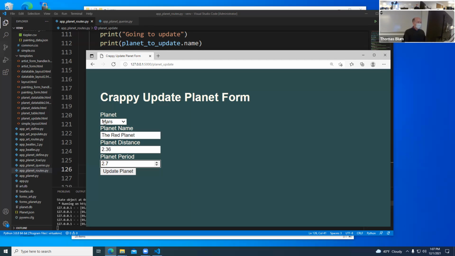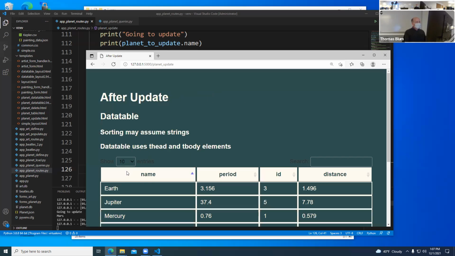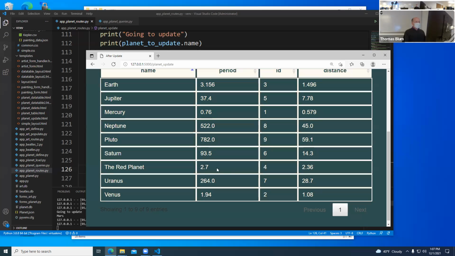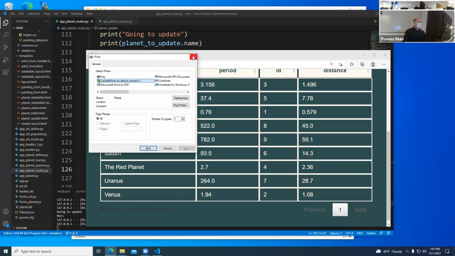So I changed Mars to 2.36 and 2.7, and I renamed it the red planet, and then update. And so now, here it is, the red planet, 2.7 and 2.36. So I have updated my database. If I came over here and said Control-Shift-P, that's not what I want.